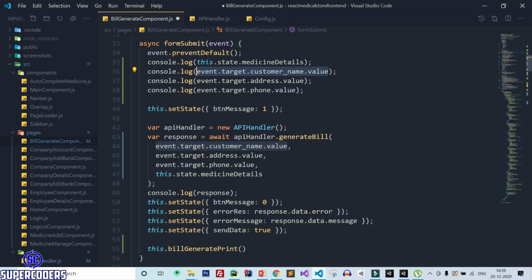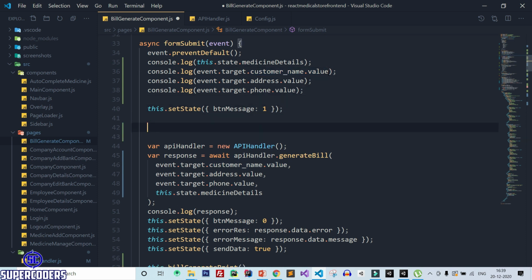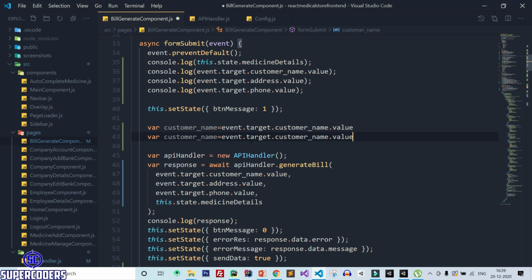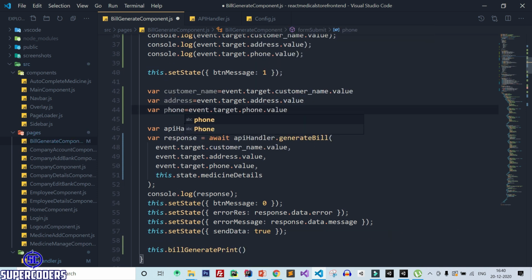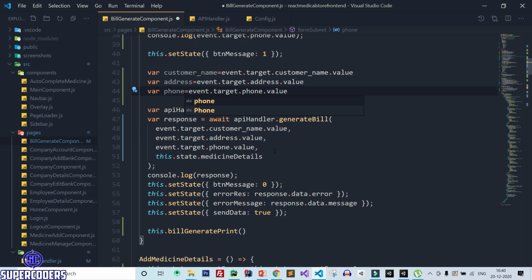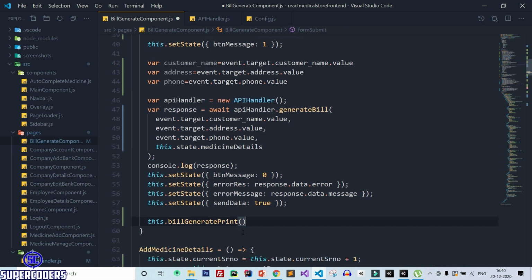So first let's copy this, where customer name equal to, after that address, after that phone, and here phone, then pass this data.